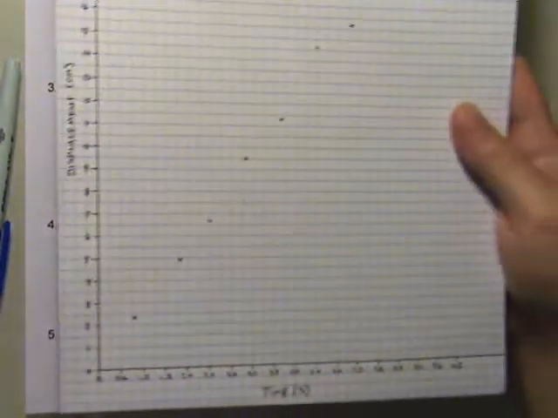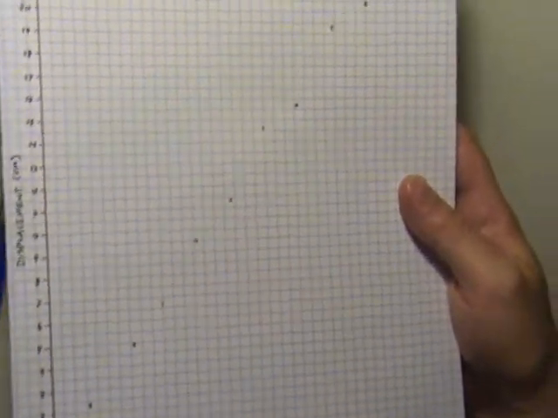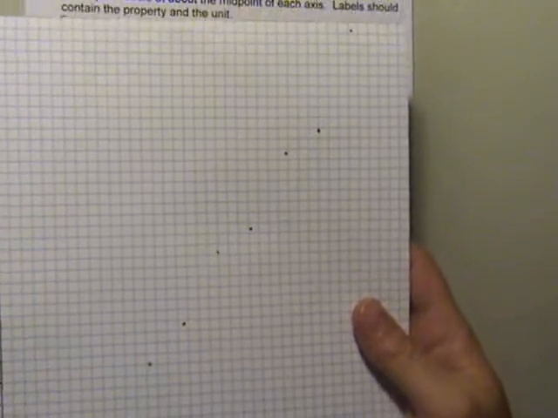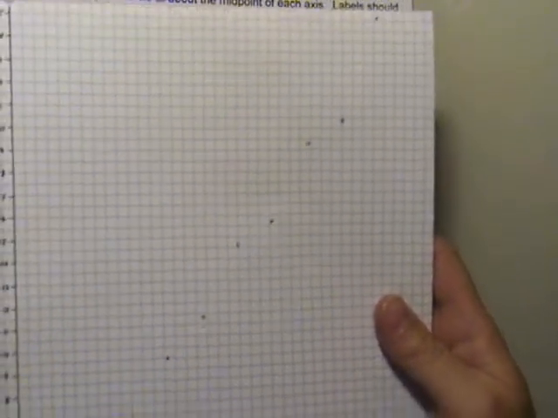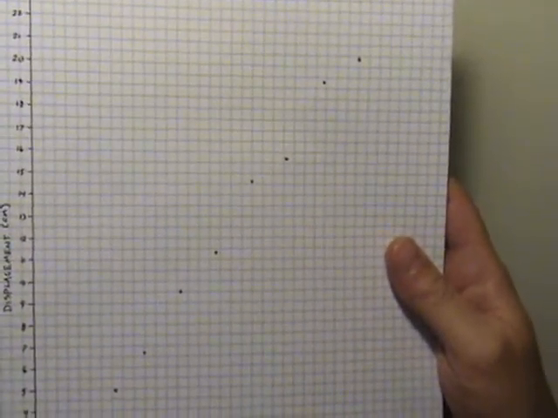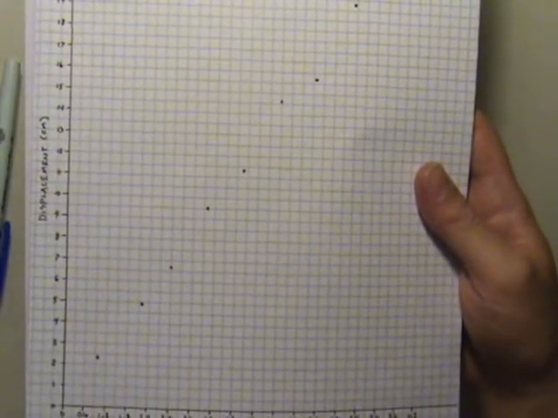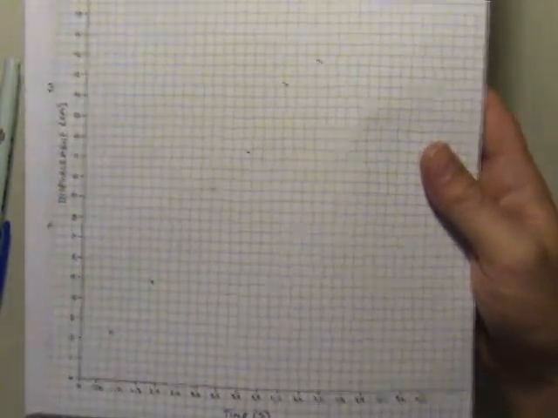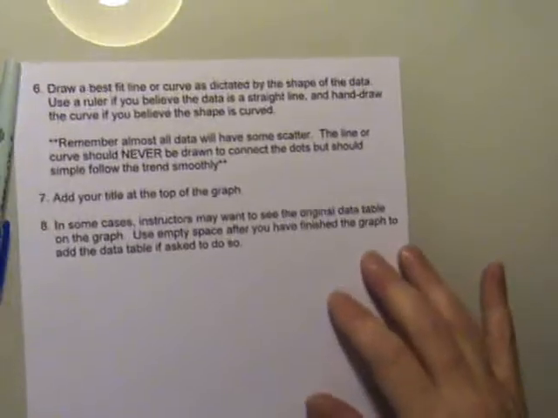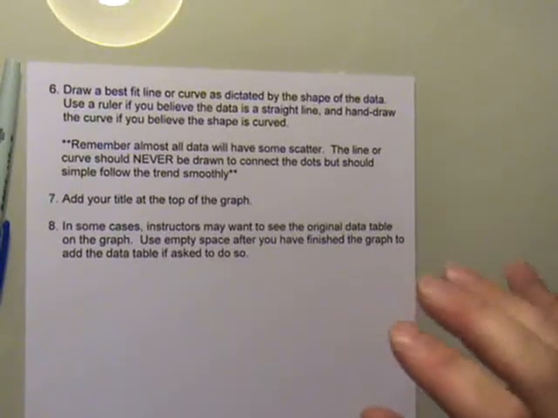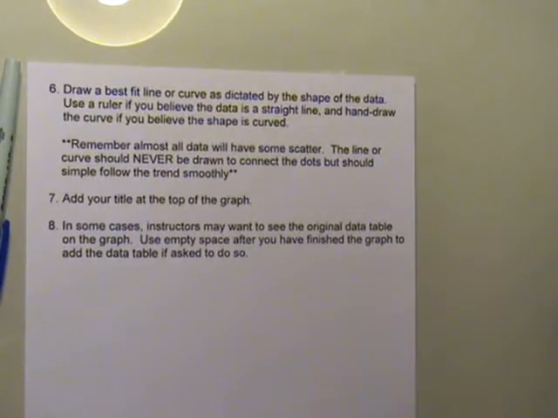Okay, so at this point I've plotted all the points. So let me slide up and let you see where my last point goes. And the next step, once all the points are plotted, is to decide what kind of trend line, what kind of best fit line we need to put to this. And there are two possible choices. So let me put the notes in here now. Okay, so step 6 is to draw a best fit line or curve